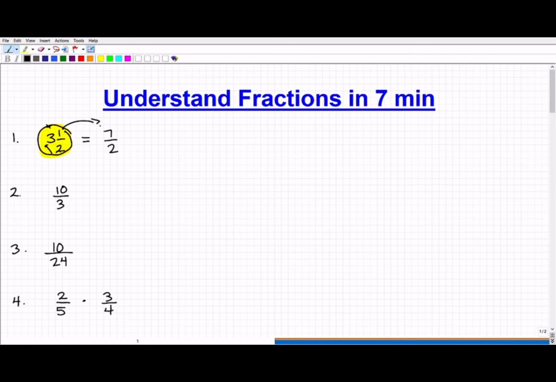Okay, so we need to be able to take mixed number fractions and turn them into improper fractions. Now, let's move on to our second problem: take improper fractions and write them as a mixed number. What we do there is we simply divide. So this is 10 divided by 3. 3 goes into 10 3 times. 3 times 3 is 9. We have 1 as a remainder, so we write the remainder 1 over the 3, just like this. So that's 3 1/3. So 10/3